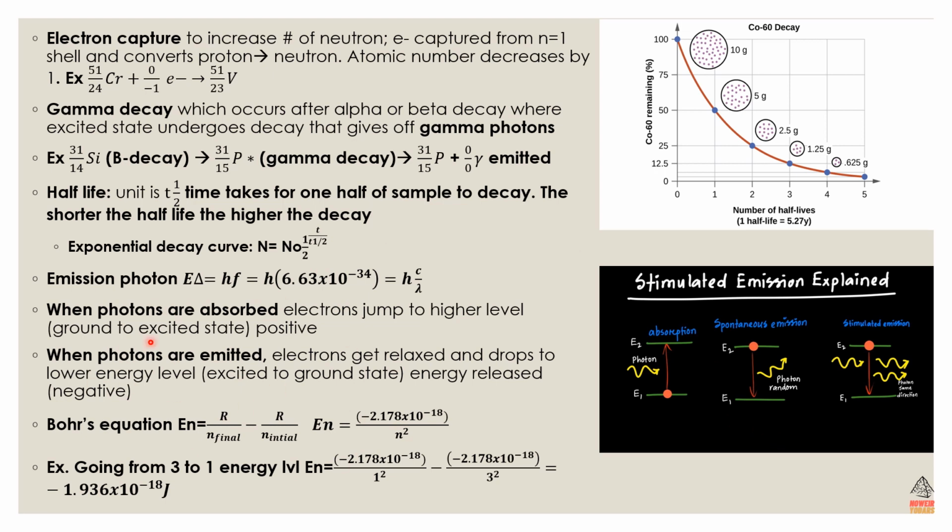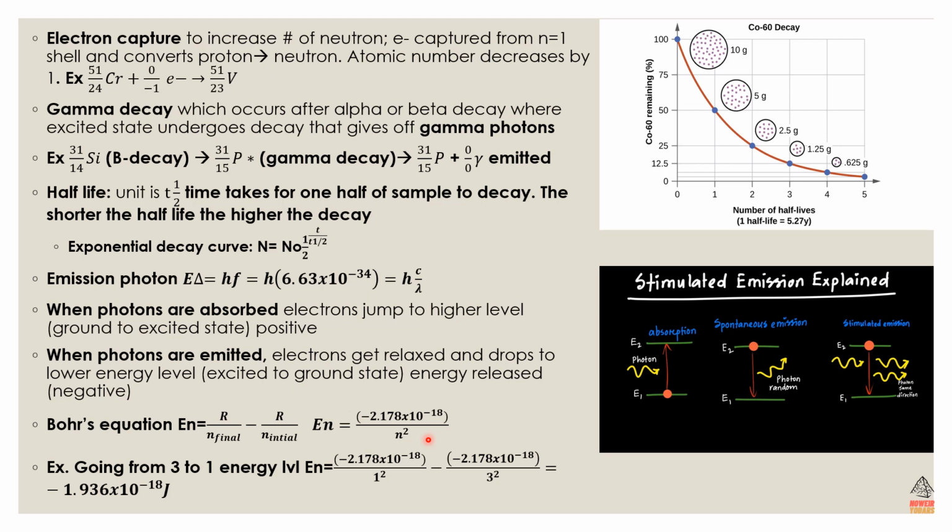But what if the photons are emitted from the carbon? They're emitted because electrons relax and drop to a lower energy state. It's basically from higher to lower, and energy gets released. It's negative. Alright, so Bohr's equation is used to calculate the energy